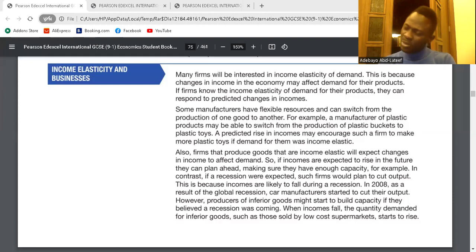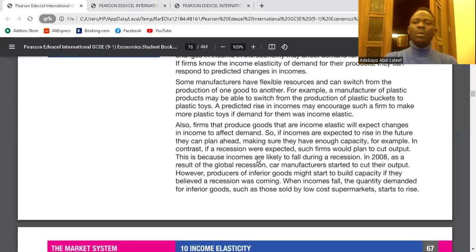So the rest are story. Let me just explain them. Either you are a manufacturer or in as much as you are doing business, it is important for you to understand what happens with income in the future.